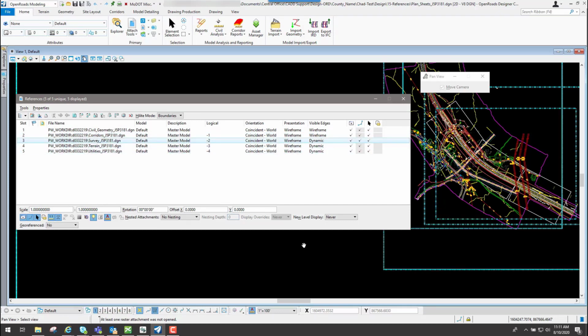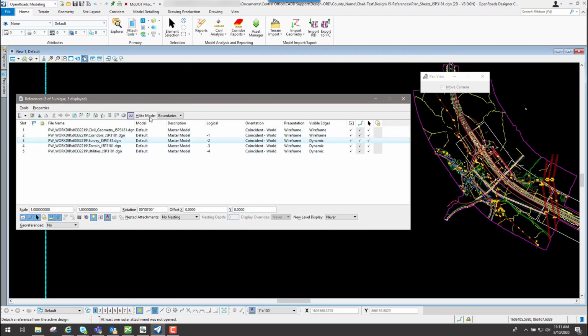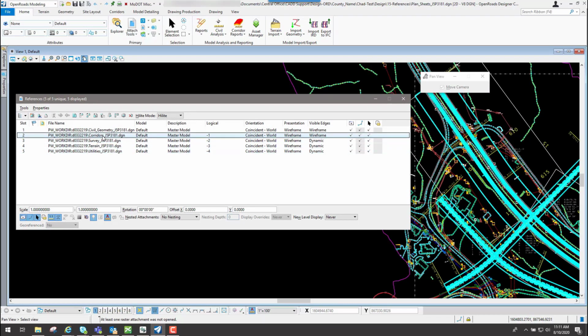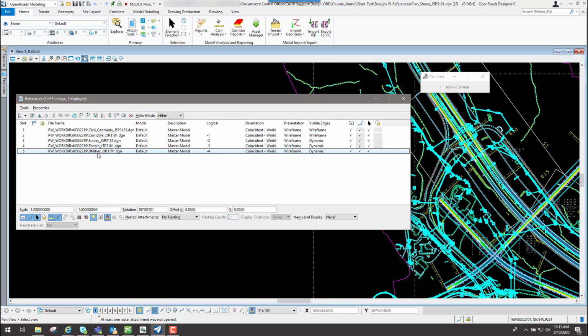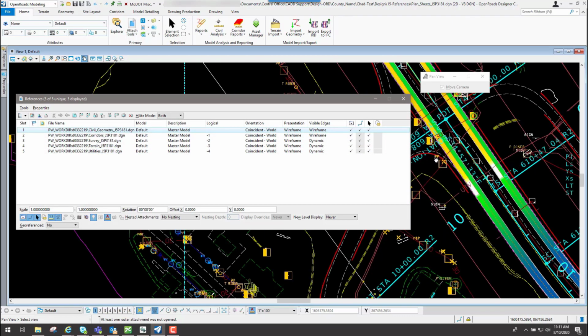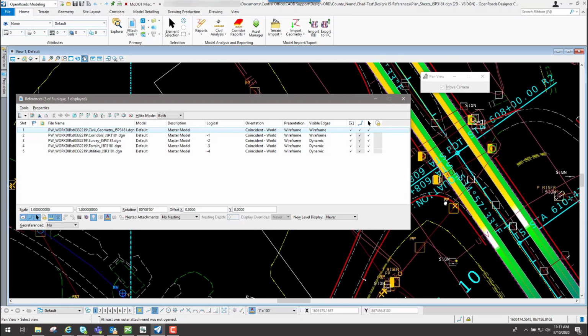And that all depends on what file it is. You also have the option to do highlight, which if you select a different reference file, you're going to see that you got different geometry that's going to highlight. So that's what that tool does. Or you can do both, where it puts a boundary and the highlight option to it. So whenever you do that, you can actually see what geometry is in that particular reference file as you zoom in or zoom out. And that will allow it to refresh also.